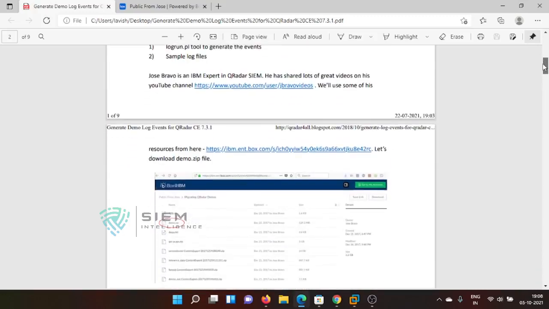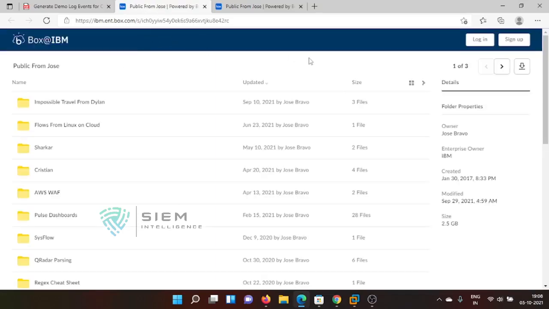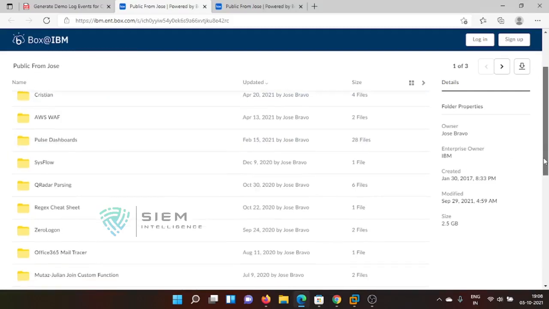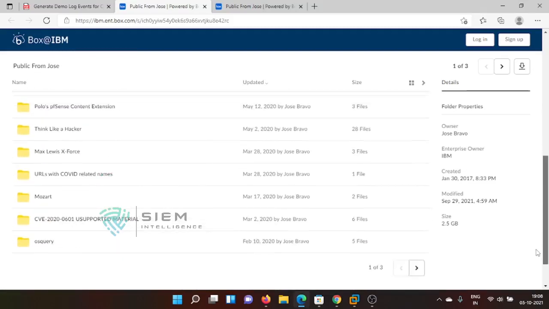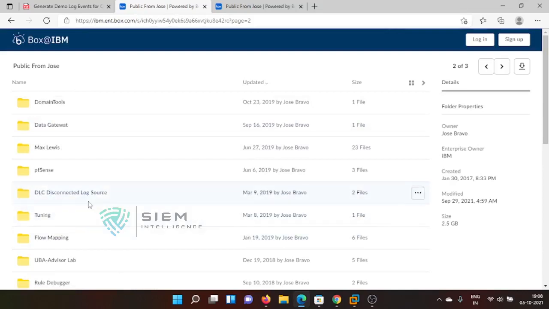From there you can download your logs. There's an IBM intbox.com from where you can download your entire logs. This is the link I'll share with you people. This is public data provided by JazzBravo. Over there, there is something called demo logs in third, I think somewhere here. You see, these are logs related to different